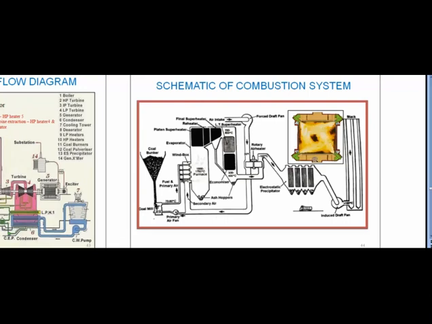Here also you can see the 4 corners in this corner fired furnace, and the coal and air is supplied from all the 4 corners. Some of the ash, which amounts to nearly 20%, binds together to form lumps which fall into the ash pit at the bottom of the furnace. From here, these lumps are crushed and mixed with water, and this slurry is finally sent to the ash pond.